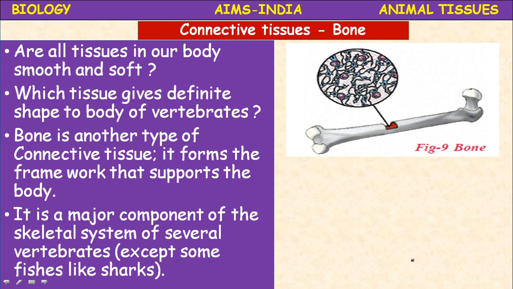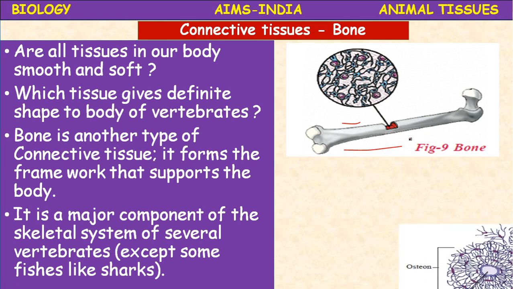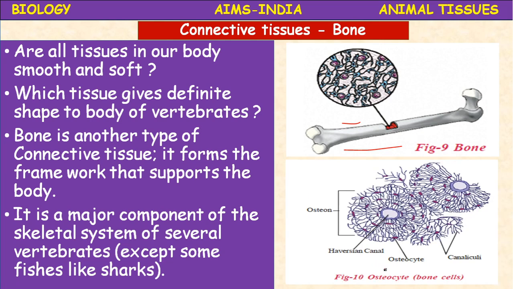The bone, there are different types of bones. There are 206 bones present in the human adult. Okay, internally the bone is like this. This is the bone marrow, red in color, which is present in the middle of the bone. So for the internal structure, the cells with which the bones are made up of are called osteocytes.